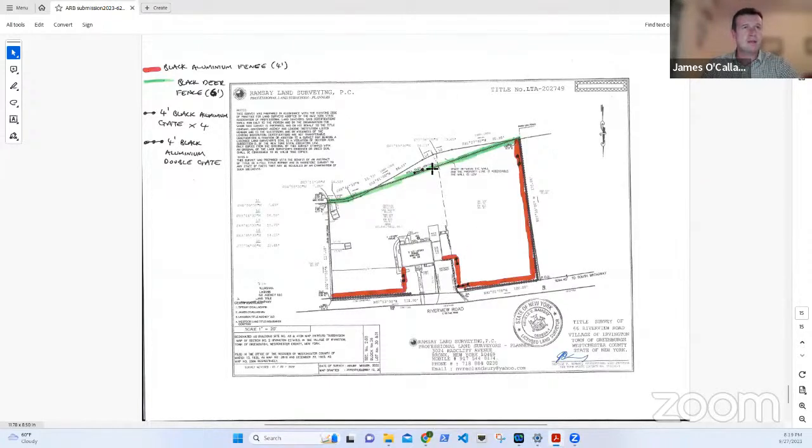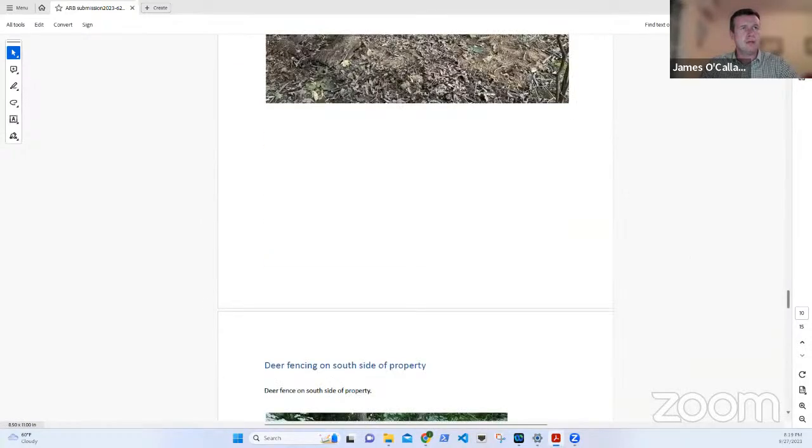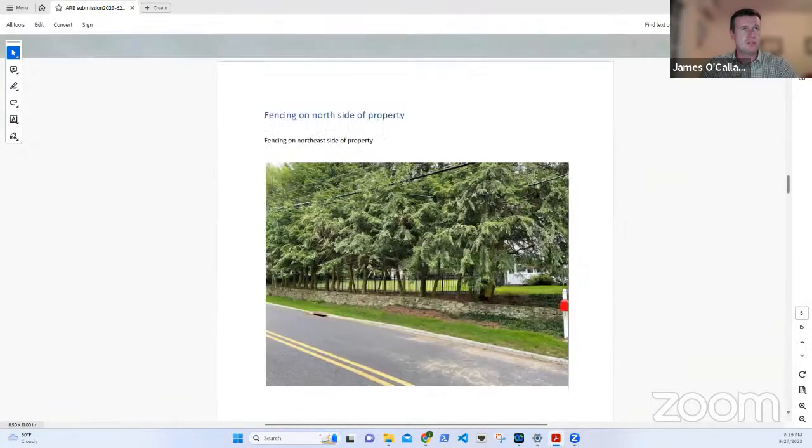The green line along the back is along the rear of our property on the south side, and this is 6-foot black coated standard deer fencing with 6-foot posts. These are black posts which match, but are obviously slightly taller than, the 4-foot posts in the aluminium fencing. And on the east side, it joins our neighbor at 66 Riverview Road. He has had some previously put in chain link fence, so obviously we didn't put any more fencing in on that side. To show you some images of the fence that's been installed.